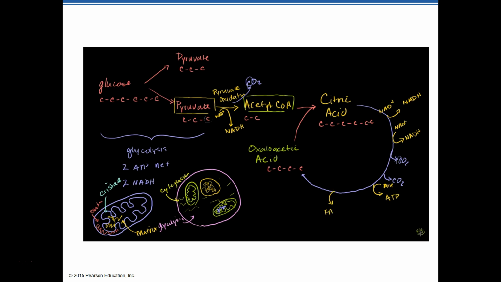Maybe we have some, and not maybe, this is what happens. Some FAD gets, let me write it this way, some FAD gets reduced into FADH2. And the whole reason why we even pay attention to these, you might think, hey, cellular respiration is all about ATP. Why do we even pay attention to these NADHs and FADH2s that get produced as part of the process? The reason why we care is that these are the inputs into the electron transport chain. These get oxidized, or they lose their hydrogens in the electron transport chain, and that's where the bulk of the